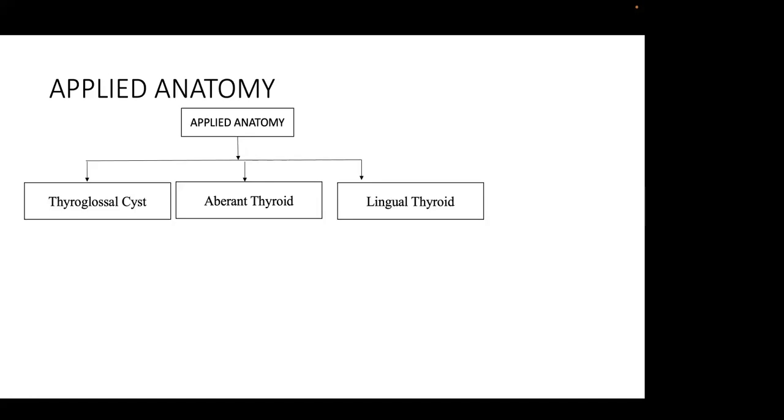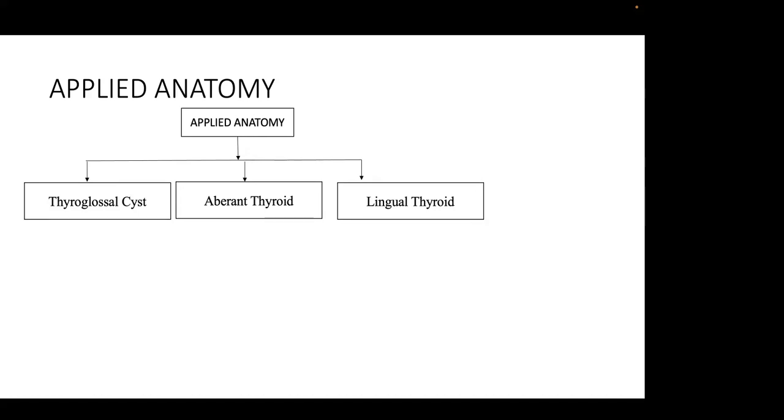The other applied anatomy aspect is the development of an aberrant thyroid, wherein it can be found anywhere in the central compartment, which can include the esophagus, trachea, or the mediastinum. It could be present near the aortic arch, within the upper pericardium, or the interventricular septum as well. And the third